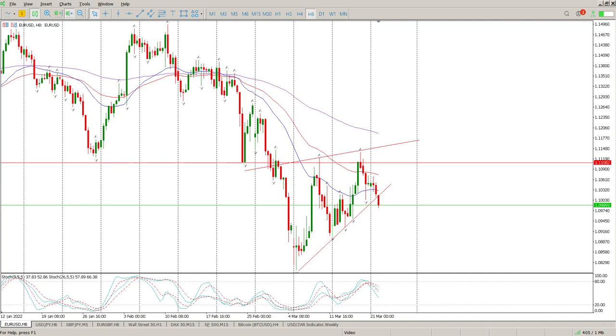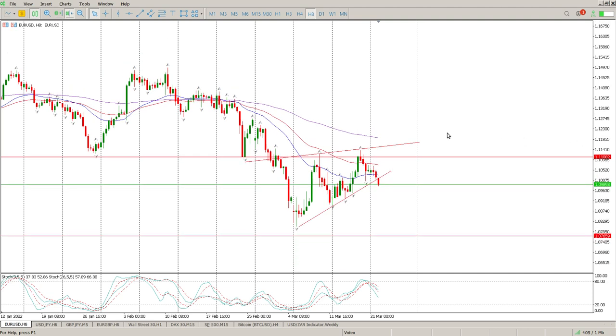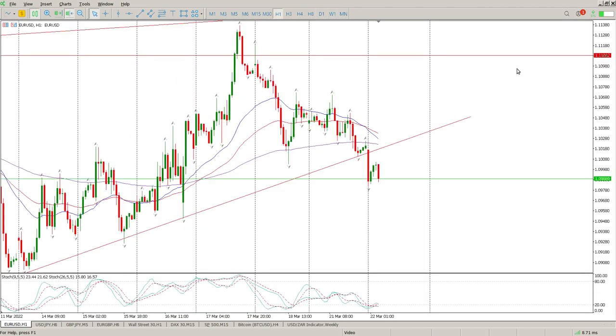So starting off with Euro USD, and we have a break of the wedge. As I said yesterday, trend is down, so you should be favoring the wedge. What we're waiting for now is a retest of that break for our first target, which would be down at 107.659. So if we drill down to the hour, you'll see a pretty solid break, but we do have a